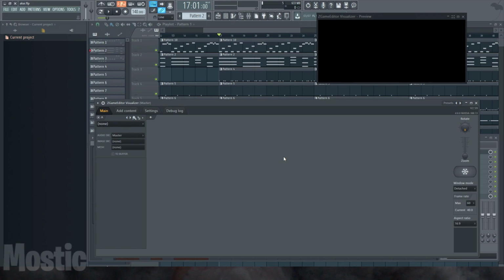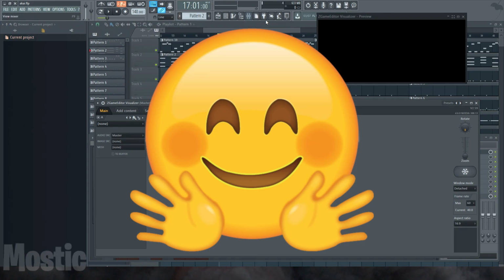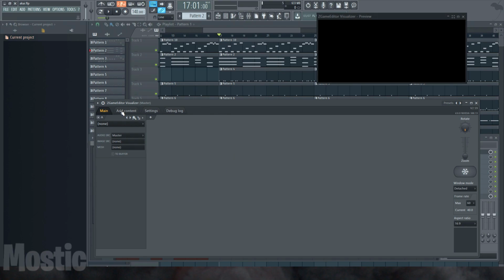Make sure it's the full square picture or rectangle picture. It can't have a transparent background where you'll be able to see behind it, you know what I mean? Like the picture that's on the screen right now is a transparent picture because it's just the outline, it's not actually a box. So what you have to do is go into add content once you get back onto FL Studio,